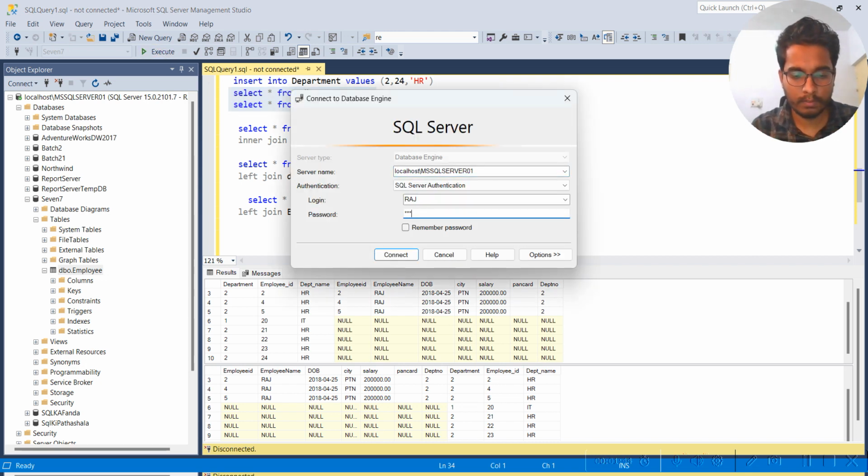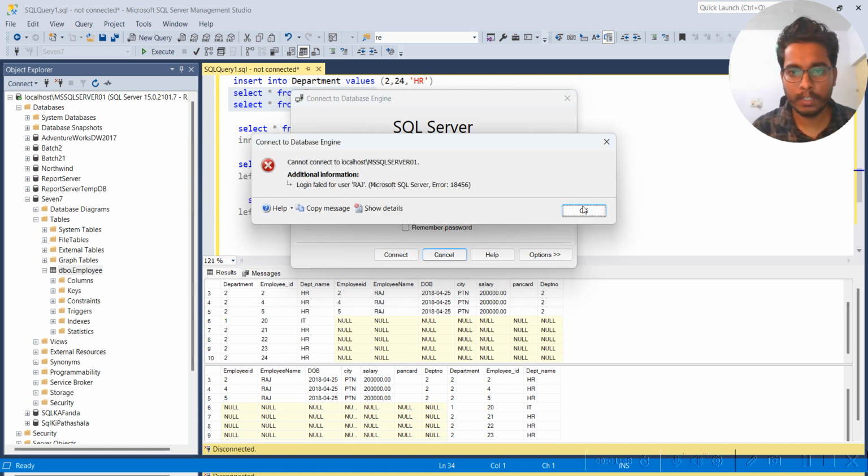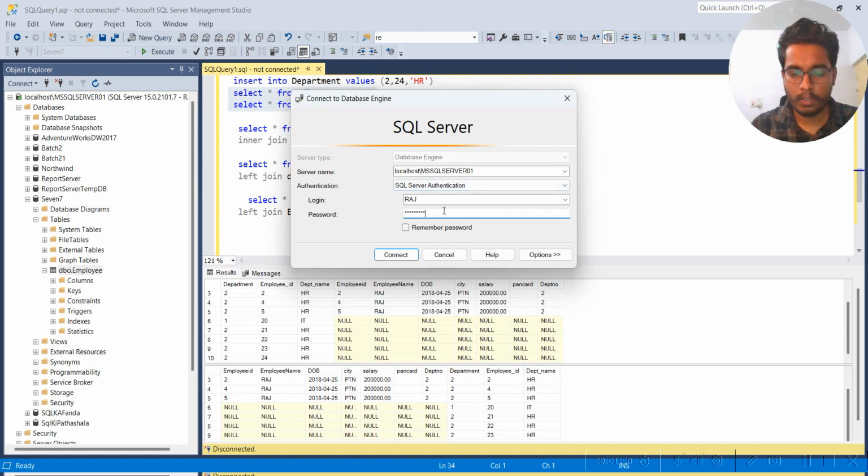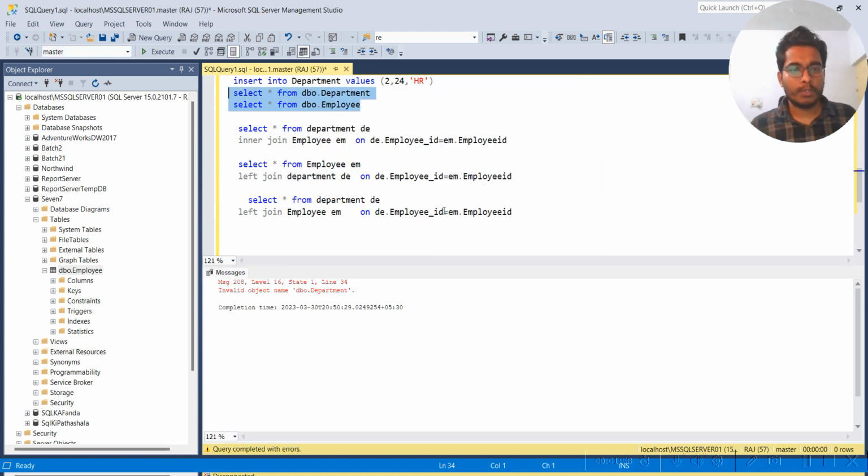Okay, let me put the password. Oh my god, oh gosh, what is this? If the password is going to fail then I am not able to show you guys. My database will be